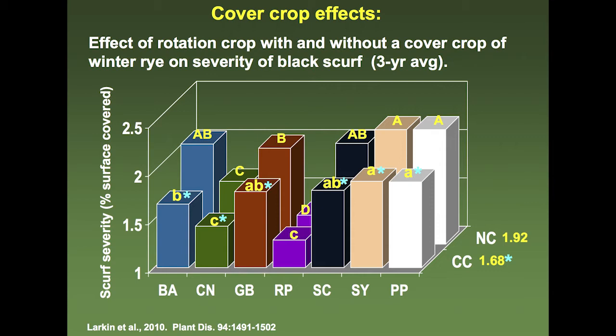If you look at the back row, which is no cover crop added, you can see there's some variation with the different rotation crops. Soybean and potato, non-rotation, has the highest level of disease, and the other ones are a little bit lower, with the lowest being canola and rapeseed in the green and purple bars. You compare that with the front row, which is with a cover crop, and you can see pretty much across the board there, adding that fall cover crop of winter rye decreased these disease levels by about 10 to